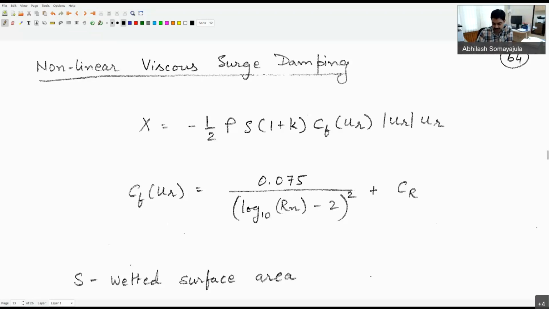So we'll take a look at both the approaches just to keep them at the back of our mind as we progress further with talking about modeling. Okay, now when we are looking at the so-called surge force, which is coming in the surge direction when the vessel is moving forward with some speed, this UR here represents the relative speed